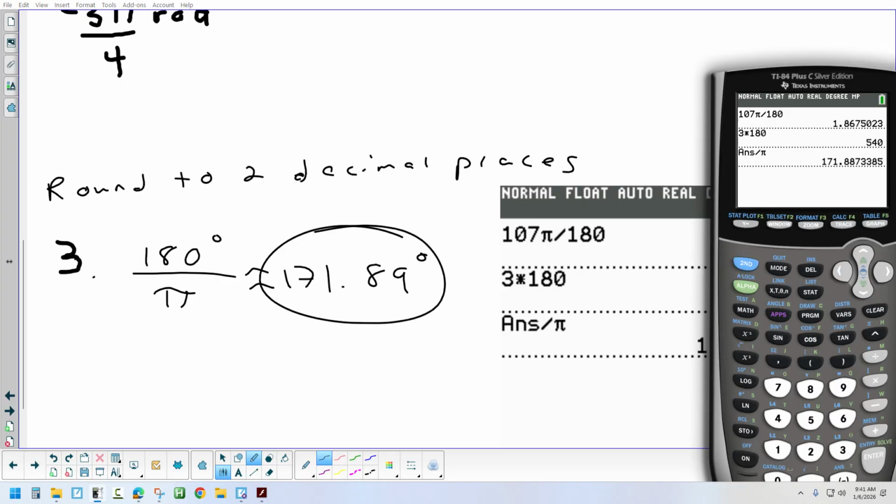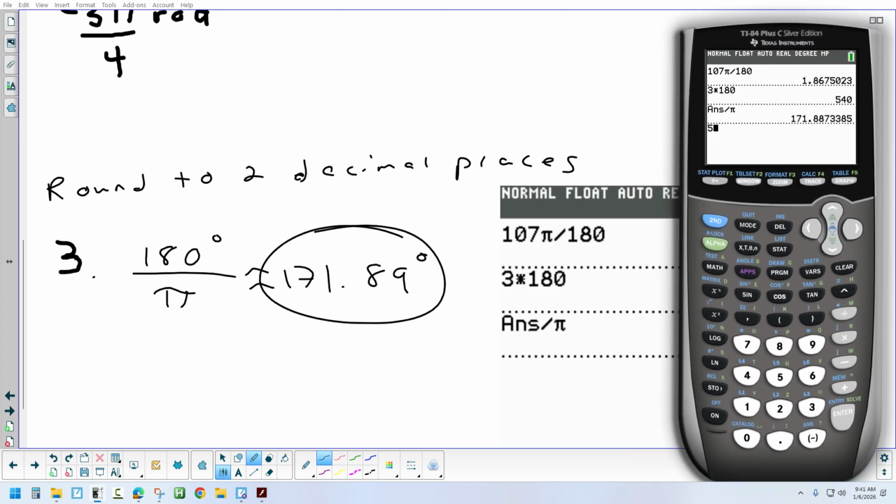Now, if you do it with 3.14, 3 times 180, and divide by 3.14, you get an answer that's off quite a bit. Okay, if I'm looking for 89 as the decimal and you put 97, 89 is not 97, so you've got to make sure we just use the pi button and not 3.14. That'll round up to 0.98, right? If you round, which this is not correct, but if you did round this number, that's